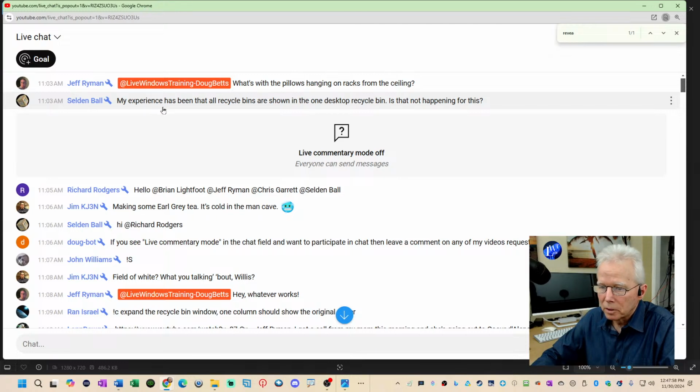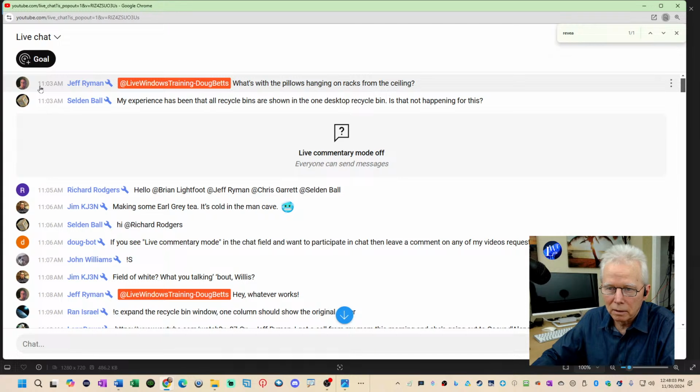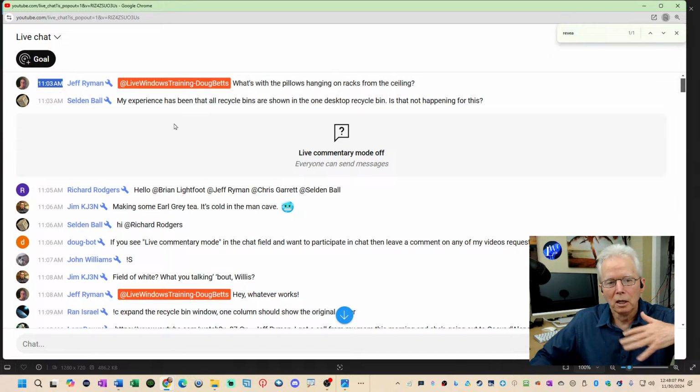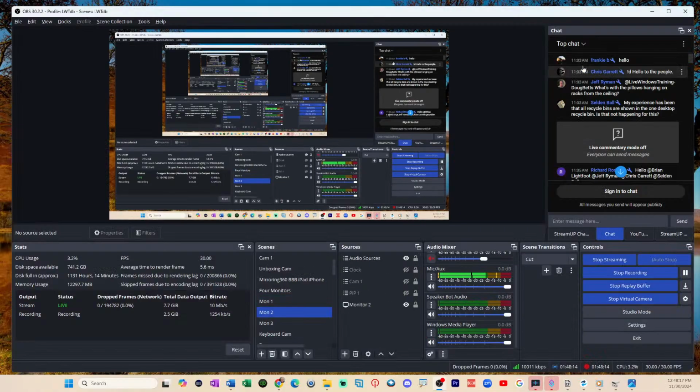The chat comments before that might not replay, or we might get a few before 11 a.m., because I've seen that when you scroll back in chat, sometimes it cuts them off, even messages that will replay. Well, here even OBS doesn't show anything before 11:03, but it does show